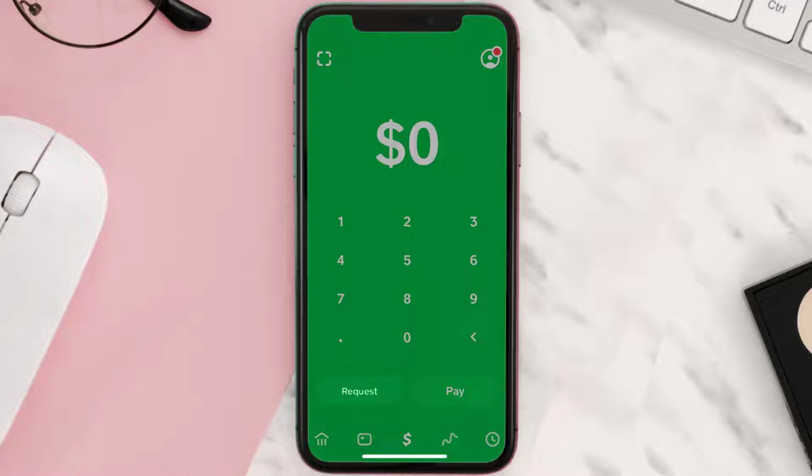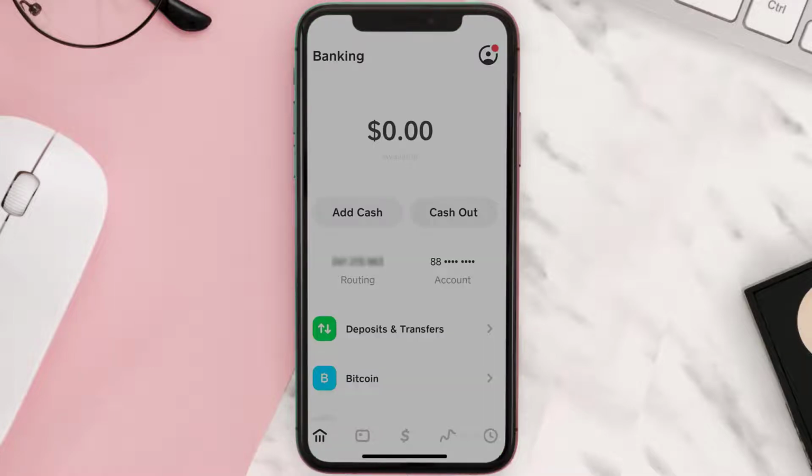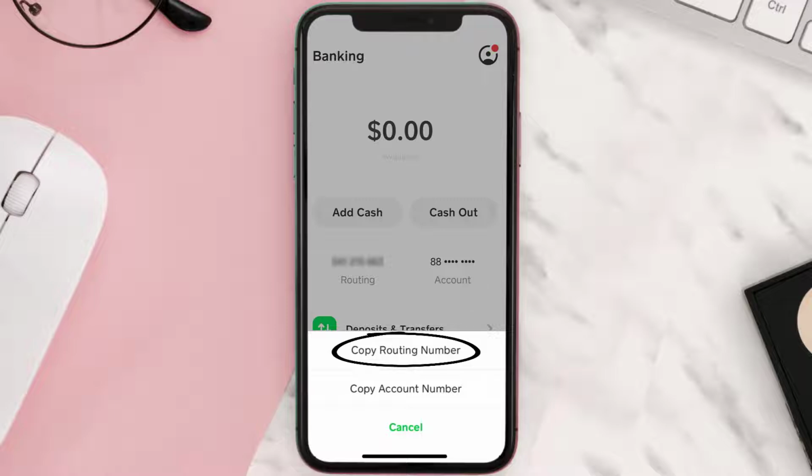with your account. To find it out, open up Cash App on your device, and then on the bottom left side of the app, you'll either see a dollar amount or a bank icon. Simply tap on it, and it'll take you to the screen. From here, tap on routing number, and a pop-up will come up, and then tap on copy routing number from